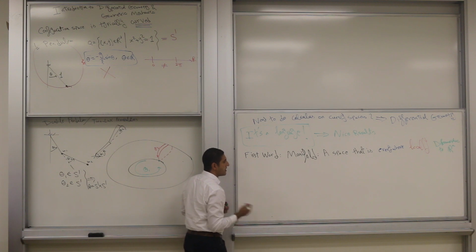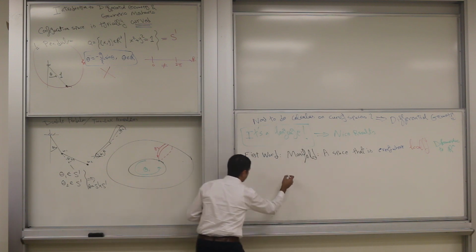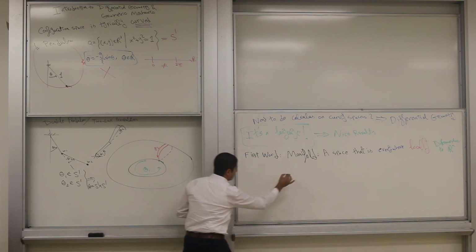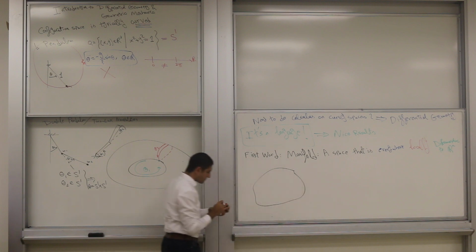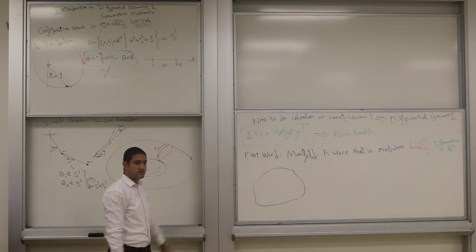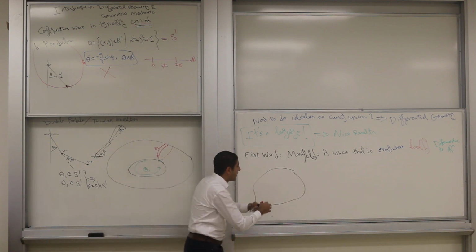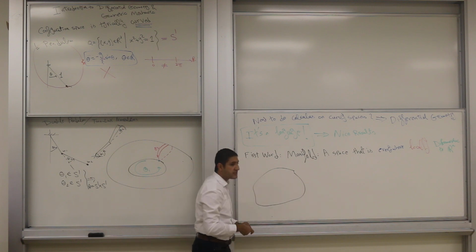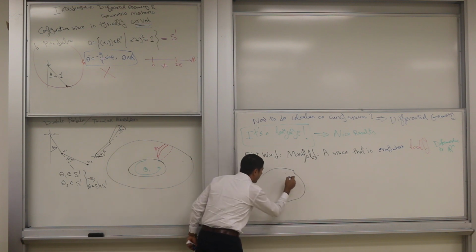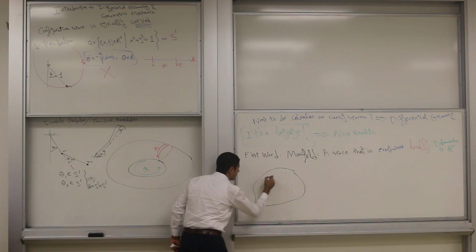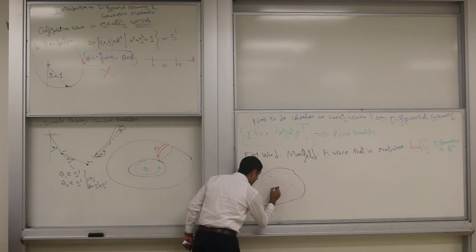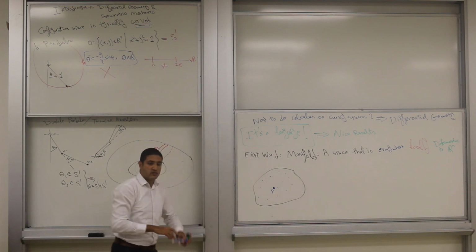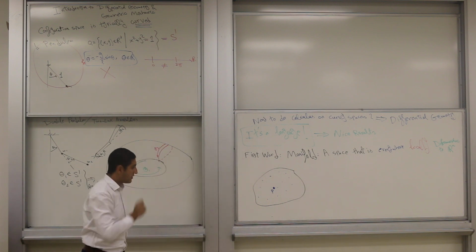How do mathematicians define a manifold? They say it's a space. Please just bear with me here for a minute. Here is your space. Everywhere, meaning that the following has to be satisfied at every point in the manifold. In particular, here is one point. Tell me, please, what has to be satisfied at this point?